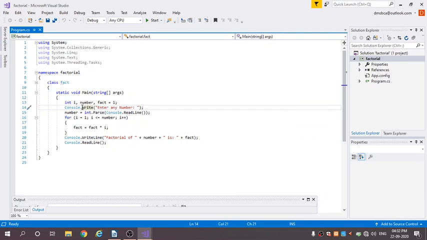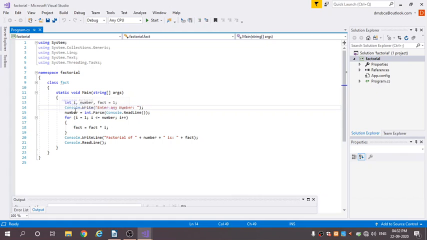I take here Console.Write. Console.Write means the cursor will not move to the next line, it is on the same line only. If I take here Console.WriteLine, the cursor will move to the next line, and here the cursor will not move to the next line, it will be on the same line.